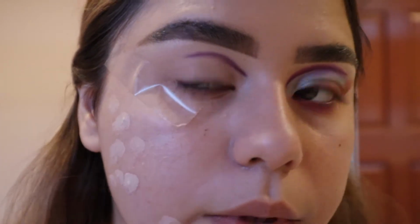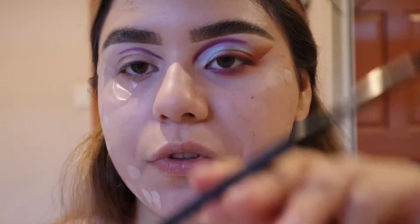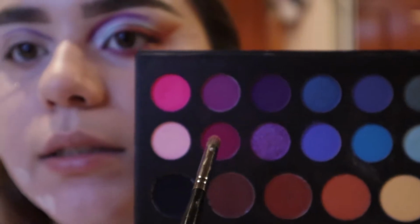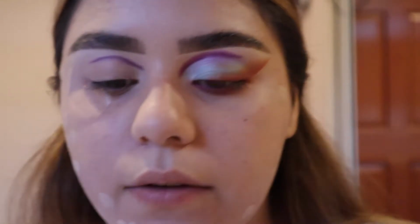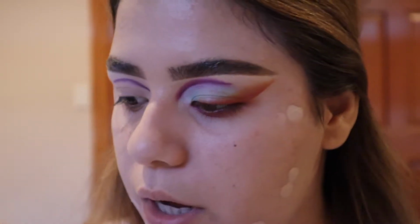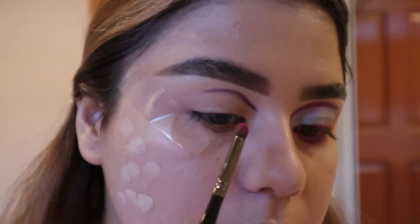And we don't want to take it all the way out. I'm just gonna leave it there. Then I'm gonna switch out to this Morphe E36 brush, and I'm gonna take this pinkish purple shade. I don't have the name of the palette anymore because I threw out the little paper. I wish he would have put the names on the thing, but I'm gonna tap off the excess and